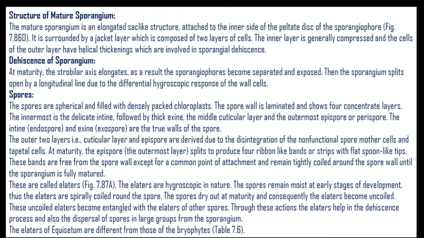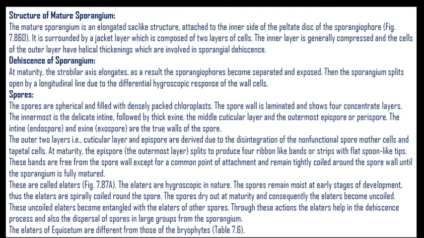At maturity, the strobilar axis elongates. As a result, the sporangiophore becomes separated and exposed. Then the sporangium splits or opens by a longitudinal line due to the differential hygroscopic response of the cell walls. In this way, the sporangium becomes split or dehisced into two halves, and the spores are spherically filled